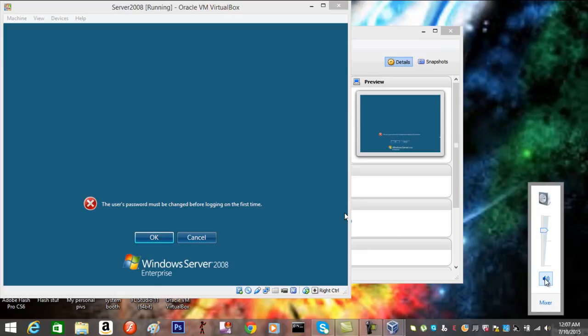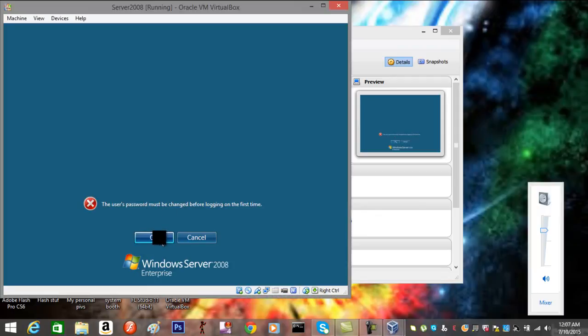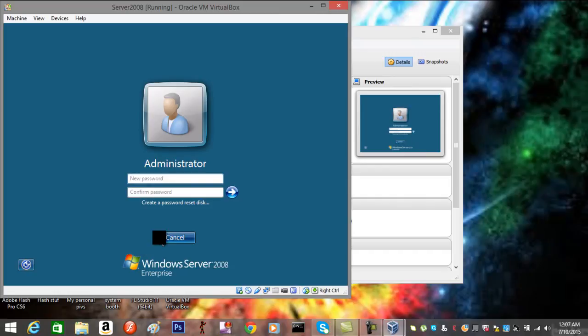So now that Windows 2008 server has been installed, here you're seeing that the user's password must be changed before logging on for the first time. So we're going to click on OK. Now keeping in mind that these passwords have restrictions, they also have their different lengths and so forth. So the password I'm going to be using, please pay attention, is capital P